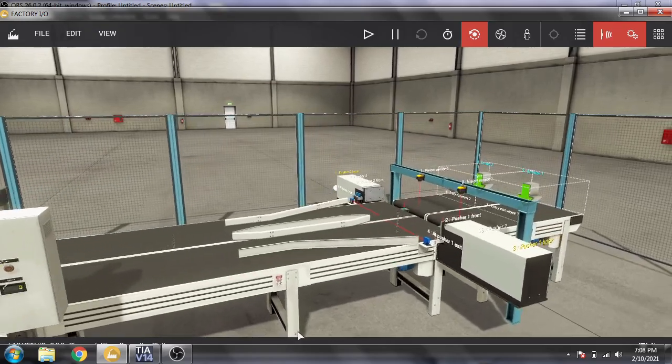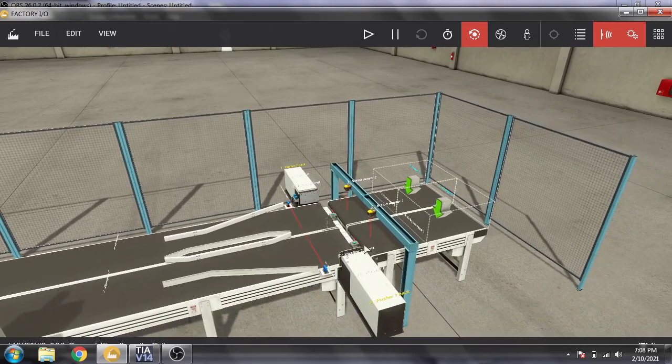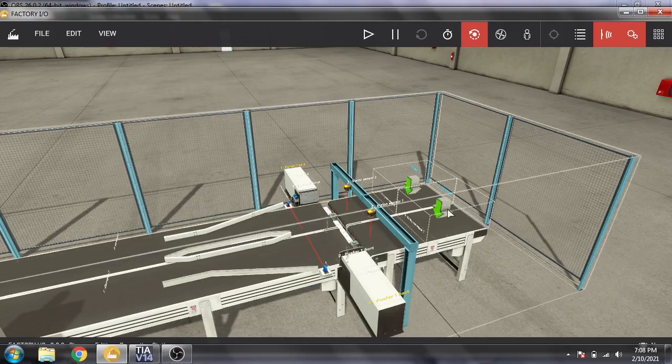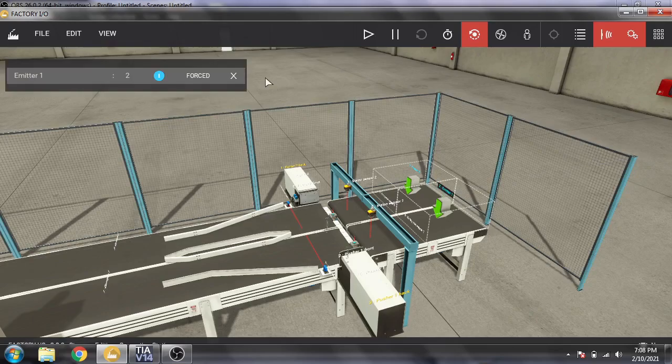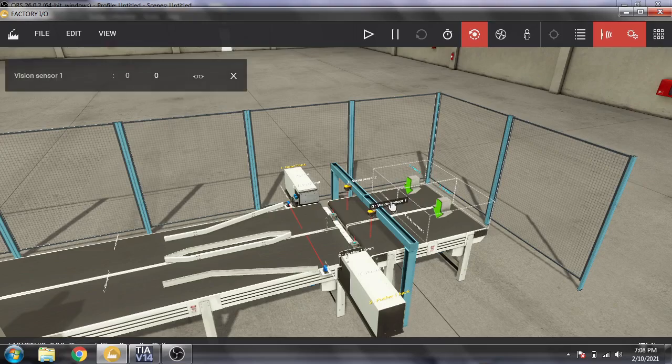First of all, you will see we have a pusher. The pusher accepts these conveyors. The starting conveyors are automatic conveyors, they don't relate to the program, so we don't program them because they are automatic in Factory IO. And you will see the emitter, which already gives us everything, our box or tool, whatever it gives us. It has the vision sensor.